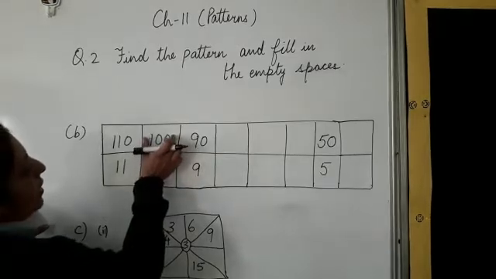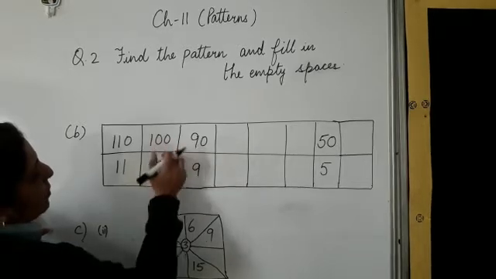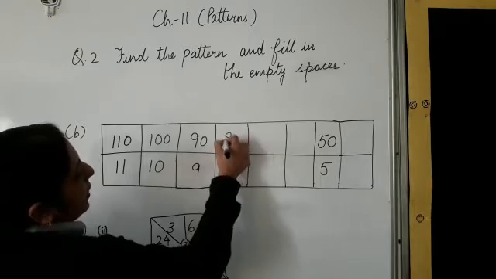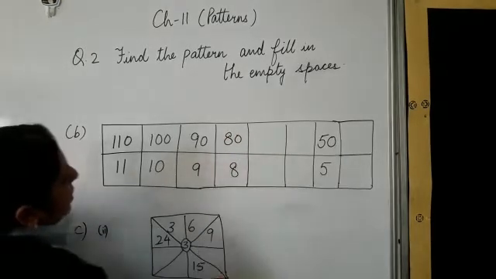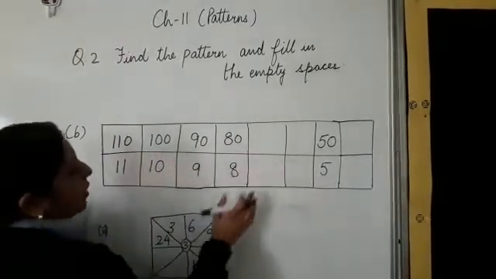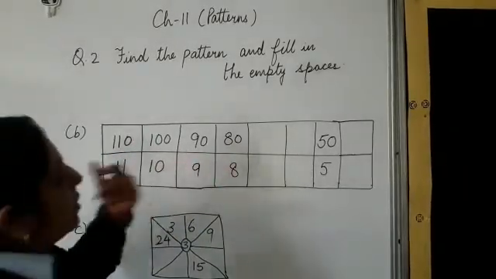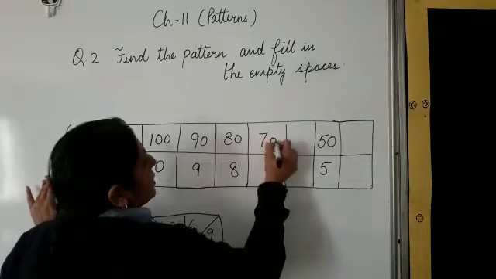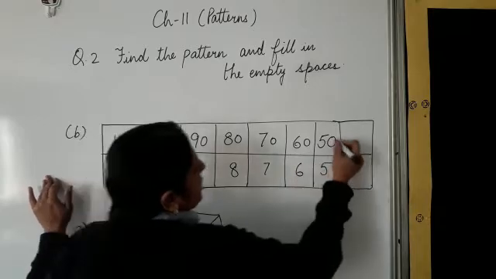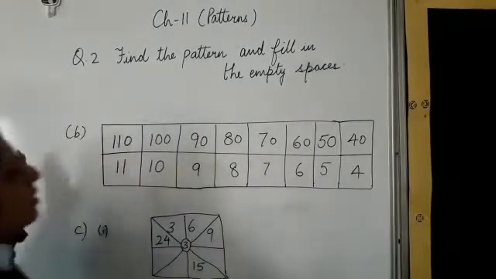Here 110, under that you have got 11, which means 0 has been removed from here. Same way under this 100 you have got 10. Here again 0 has been removed from here. Same way here 90 and 9. Next will be 80, down 8. Otherwise also your series goes on like back counting here. Here also back counting. But what we observe here is 0 has been removed, and like this the series continues. So this way 77, 60, down 6, 55, 40 and down you will write 4 and complete this question.